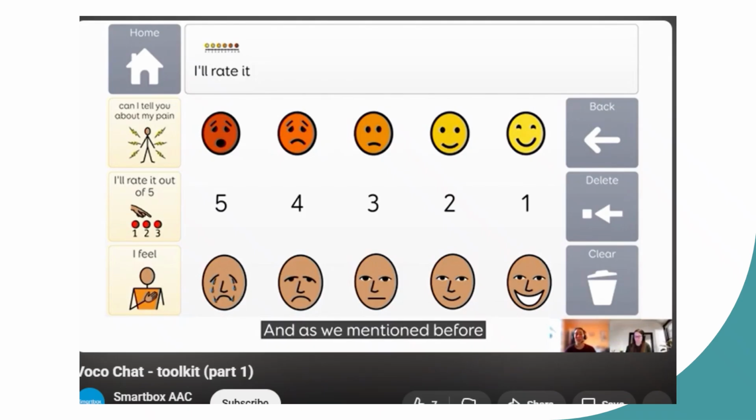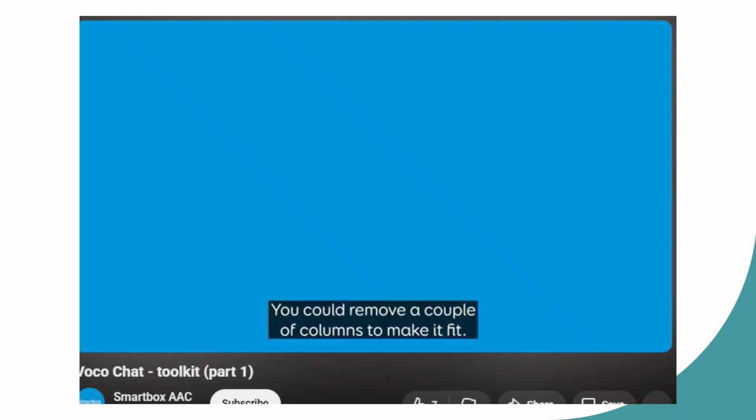And as we mentioned before, it is a slightly different cell count. So if you were using a screen keyguard, thank you, Daisy, you could remove a couple of columns to make it